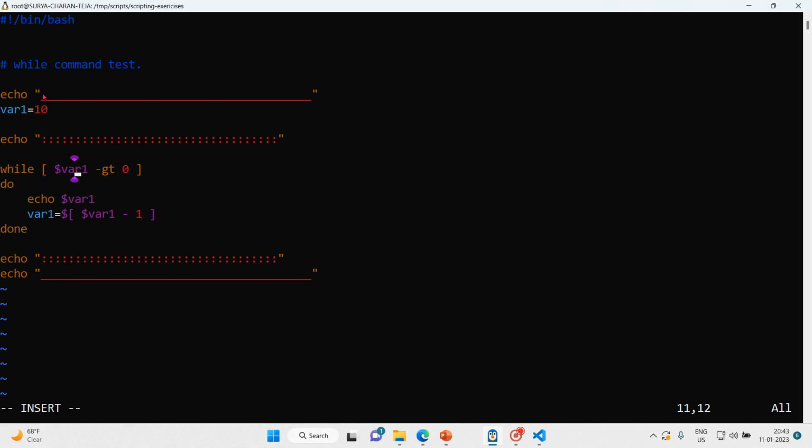If this condition is satisfied, the exit status code would be 0, or else it would be non-zero. Now if variable 1 is greater than 0, then it will go to the next stage. Whatever commands you have mentioned in do run if it is satisfied. The following things are, first echo the variable, and then next you have to